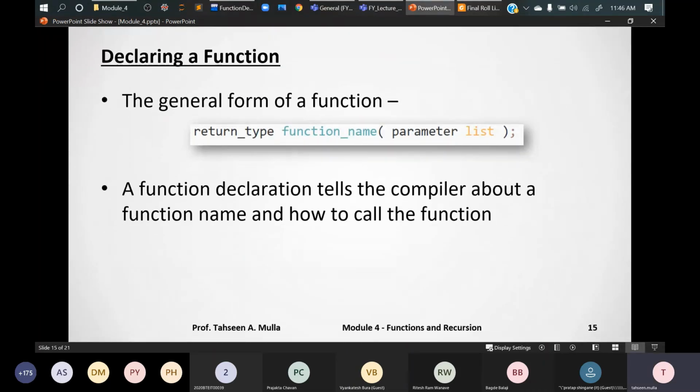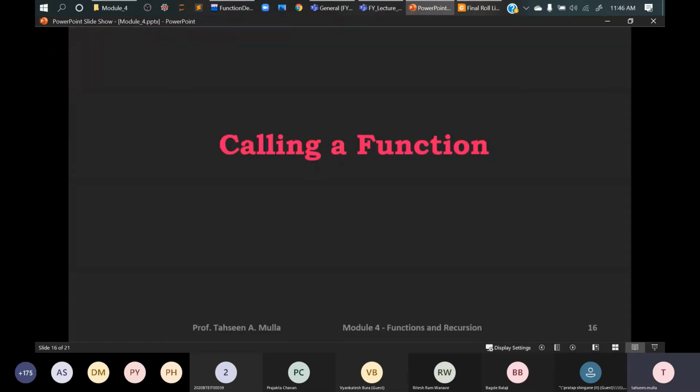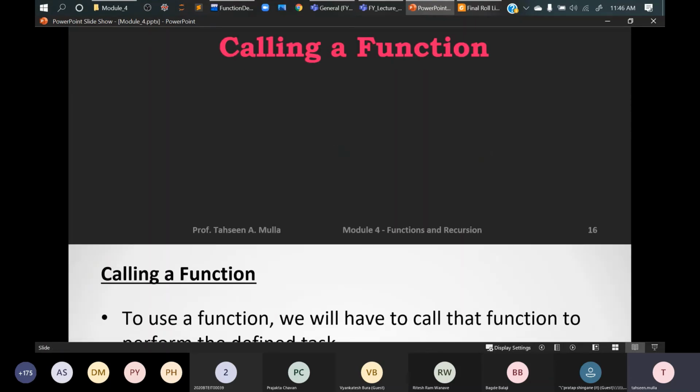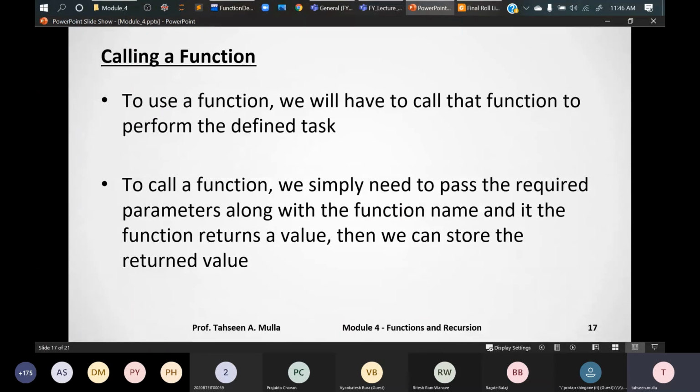We've seen this declaration of a function, right? Now we'll see calling of a function, right? To use a function, we will have to call that function to perform the defined task. So for example, as we saw, if you want to go for arithmetic operations and you directly call arithmetic without using a function, your entire .c program will be executed.